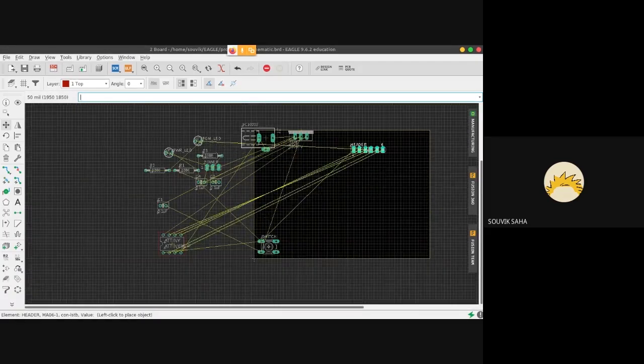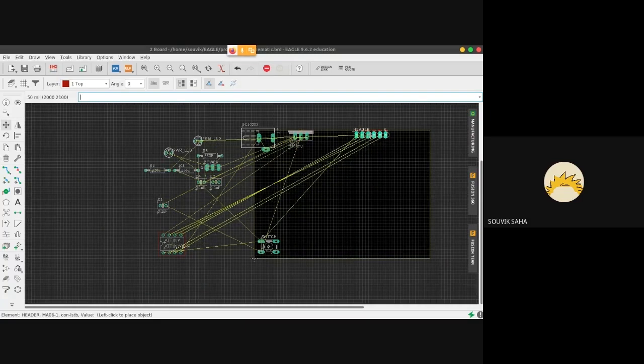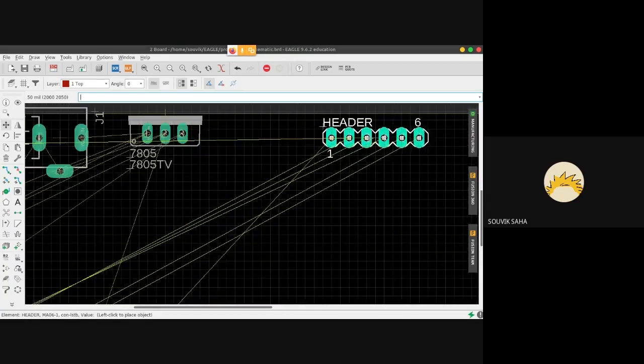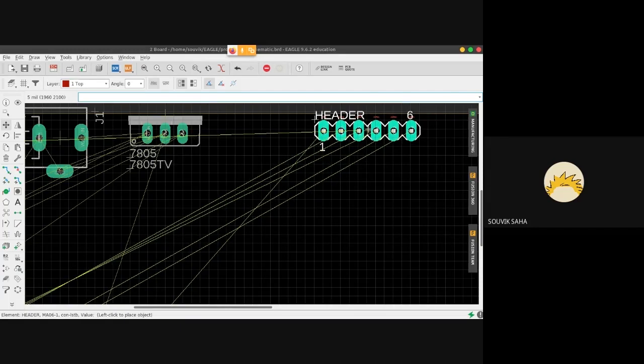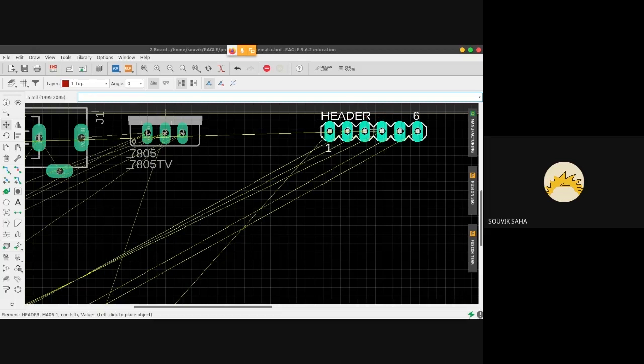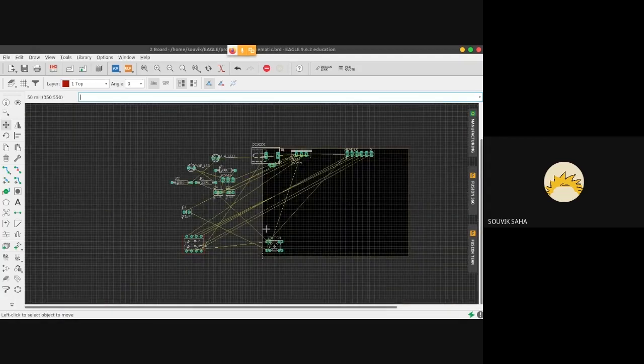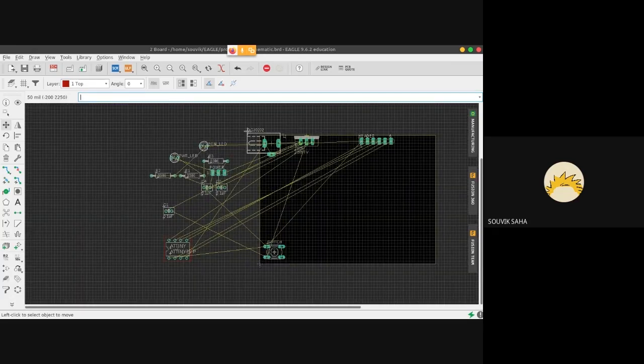Let's keep the headers over here, like near the bottom right corner, I guess. So I'll just tell you the general trend that we use.